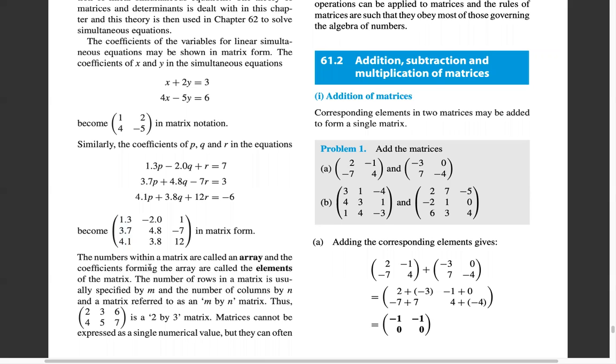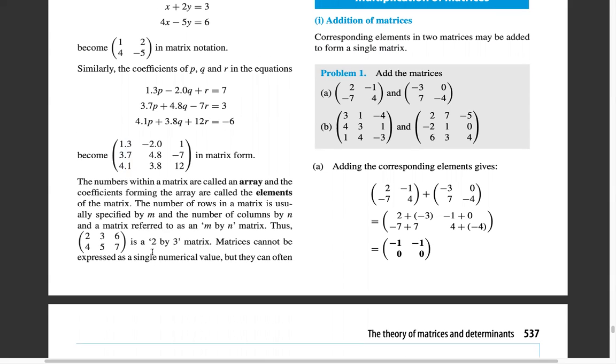Rows run horizontally. Okay. So the number of rows in a matrix is usually specified by m. That's the first number. And number of columns by n. So it's an m by n matrix, right? So rows first, then columns. So this matrix here,